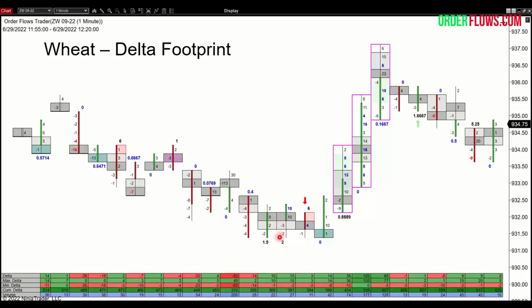Because oftentimes what you're going to see in a bar is volume go back and forth, right? Volume traded on the bid, volume traded on the offer. Then you're going to get these bars where it's just all aggressive buying at each price level. Positive delta, positive delta, positive delta. Right? What do you think this market is going to do? It's going to give you some nice scalping opportunities